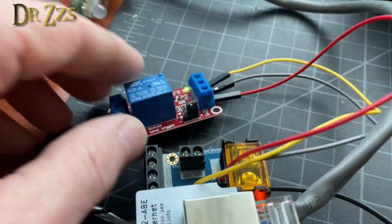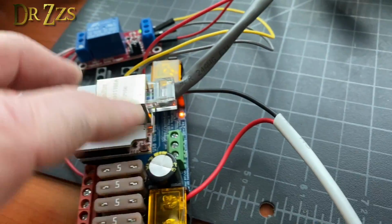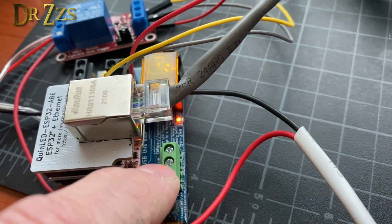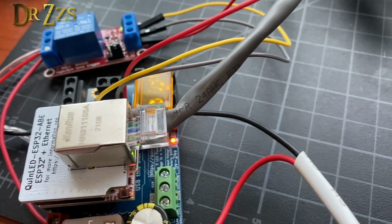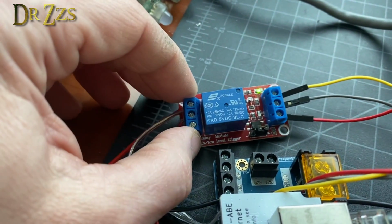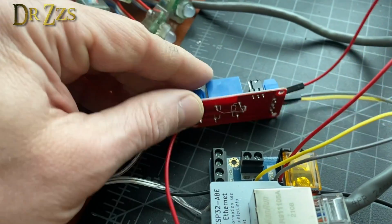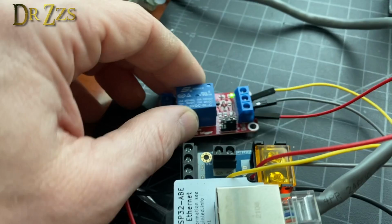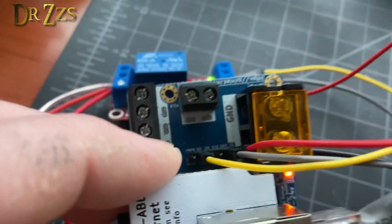The control wiring for the relay. Now, if you have a 12-volt power supply, you're going to get 12 volts at these terminals. It's going to be able to output 12 volts at those terminals. If you have a relay that can take 12 volts, then that's fine. Honestly, I don't know if this one can or not, but instead of playing with fire, literally, I'm using these